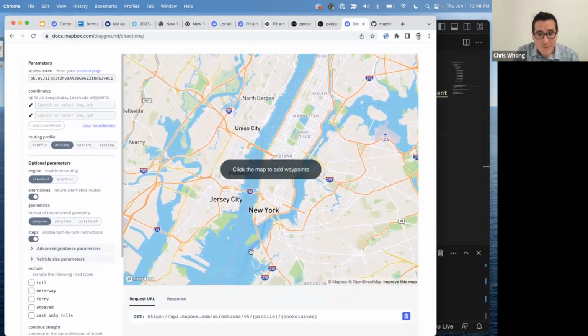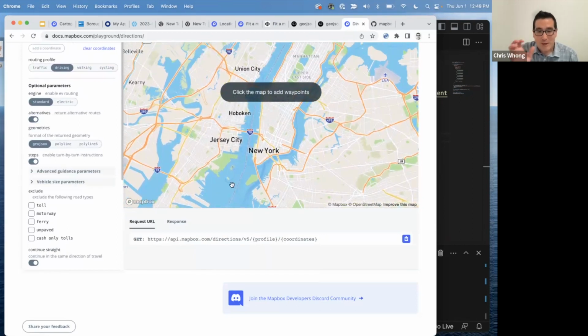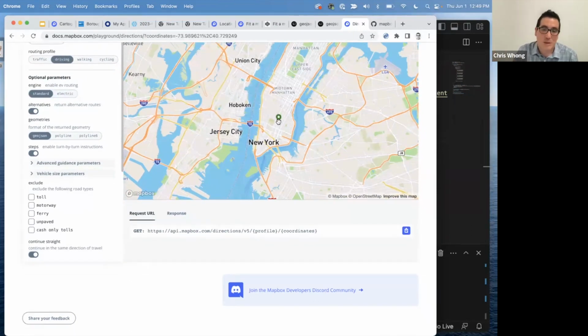If you were just reading the docs and had to craft an API call, you'd have to find some coordinates and make sure they're in the right place, then build out this API call URL, use Postman or whatever to send it, and then you'd get a bunch of JSON back, and you wouldn't necessarily be sure what you were looking at. Same problem until you mapped it. So this basically does it for you.